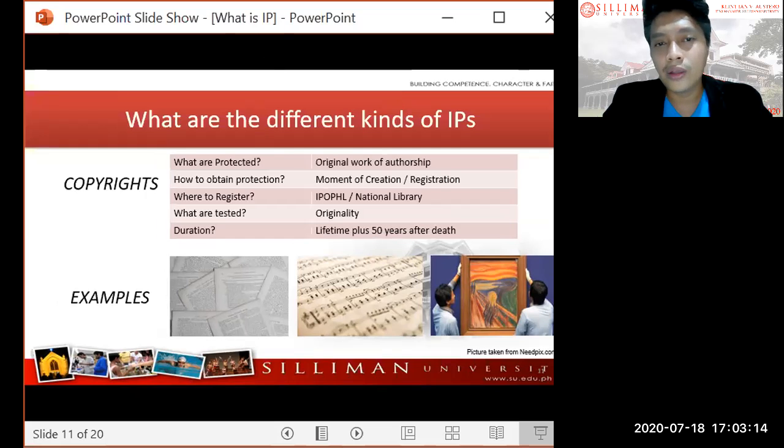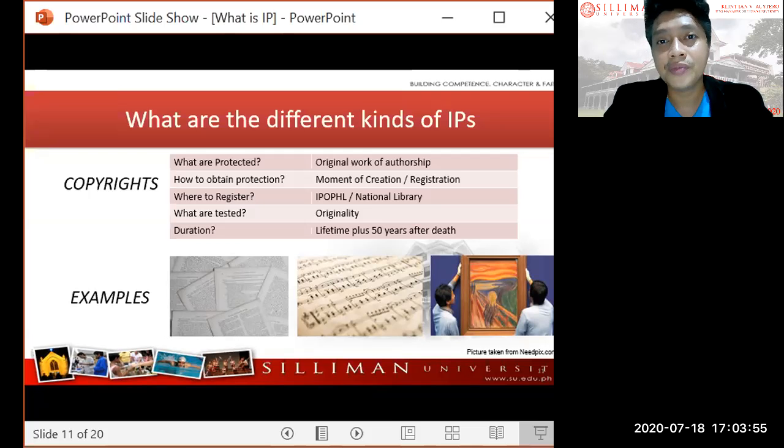Make sure that when disputes come, you have evidence that shows you created the content and the date and time when you created it. You should place a timestamp, electronic signature, and so on on your documents. But for me personally, the best way to protect your intellectual property or copyrights is to deposit the document through IPOPHIL. You can go to the IPOPHIL website and deposit your creation there.